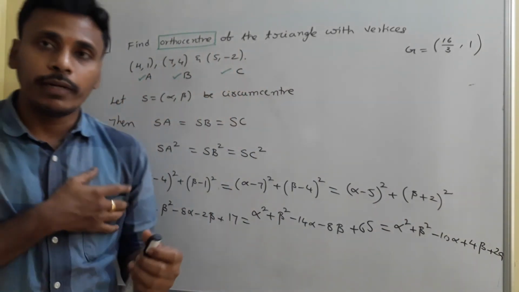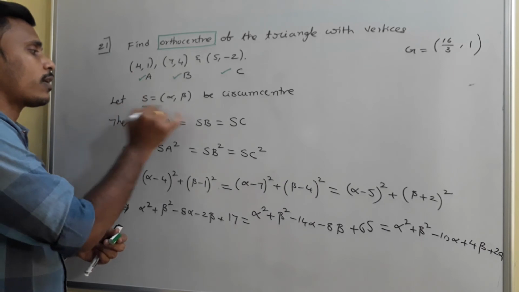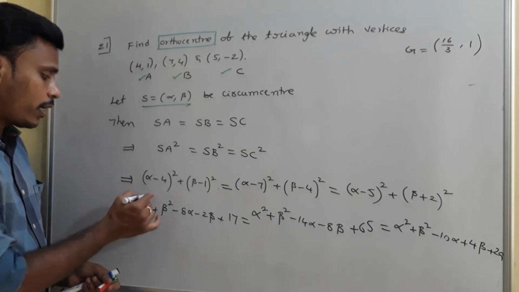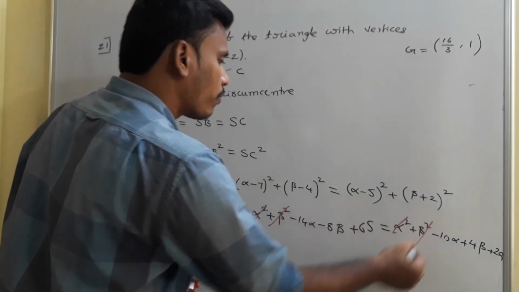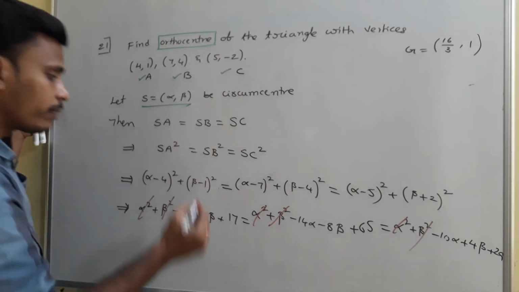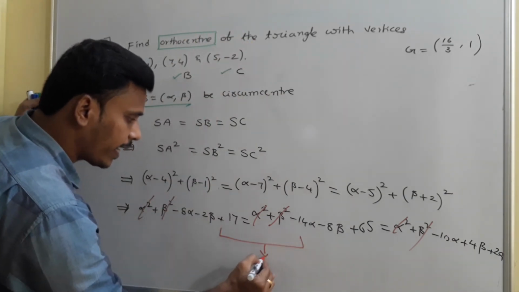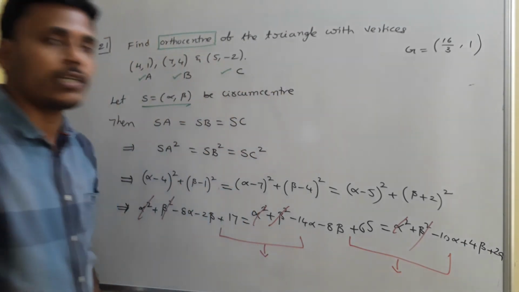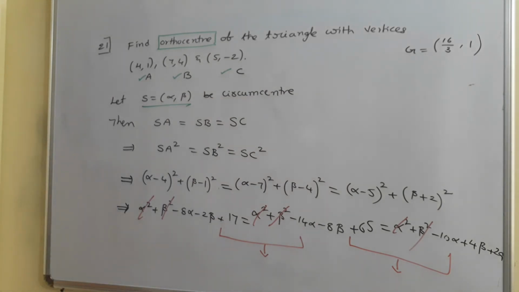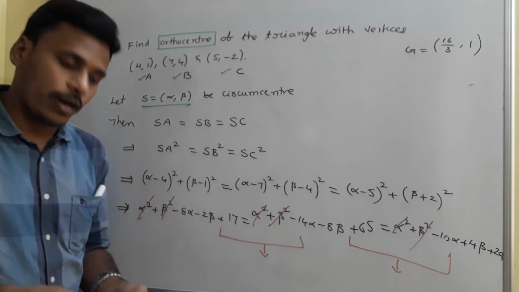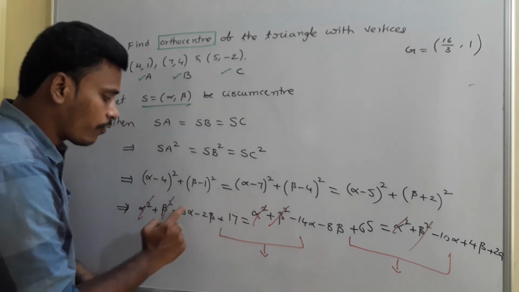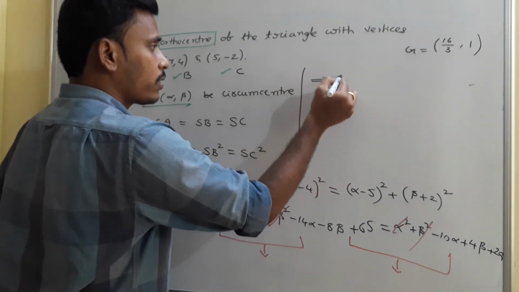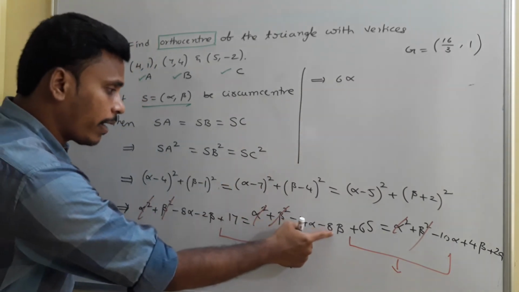To calculate alpha and beta, because that (alpha, beta) is our circumcenter. As a part of simplification, first of all, you just cancel out alpha square and beta square, because all of these are equal, right? So as a balance you can cancel them out. Again, use two of these and get one equation in terms of alpha and beta. Again use the other two, you will get another equation in terms of alpha and beta. And after solving those two equations, you will get alpha and beta. First of all, send this 14 alpha this side. 14 alpha minus 8 alpha is 6 alpha. So that implies 6 alpha. And then send minus 8 beta this side.